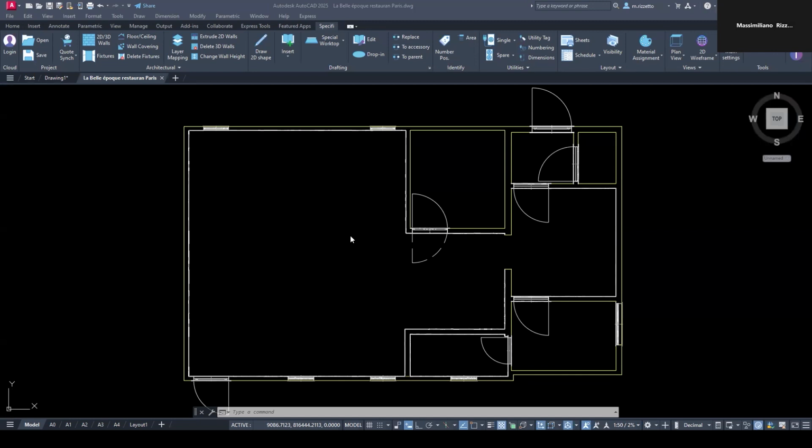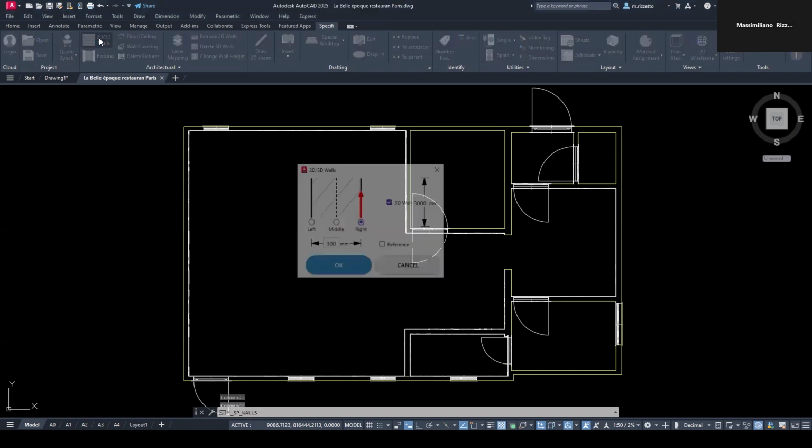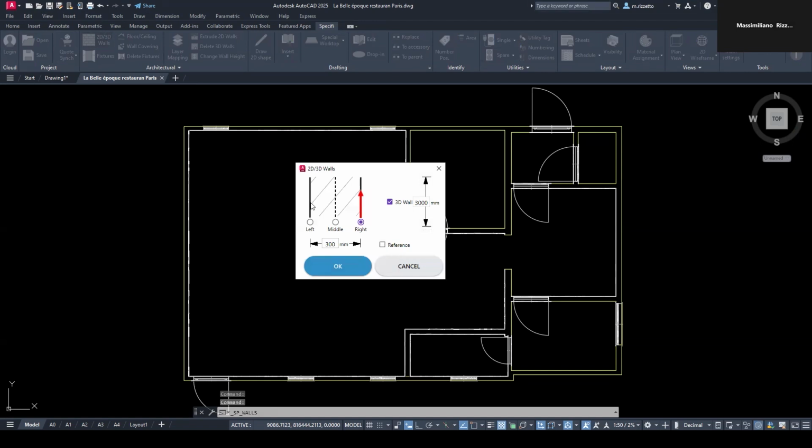Before inserting the equipment, we want to draw a wall in the middle of the room just to separate the two lines of cooking island. So we can run 2D and 3D command, and here we can set left as a reference, 150 millimeters as depth, and 1000 millimeters height. I can click OK now,